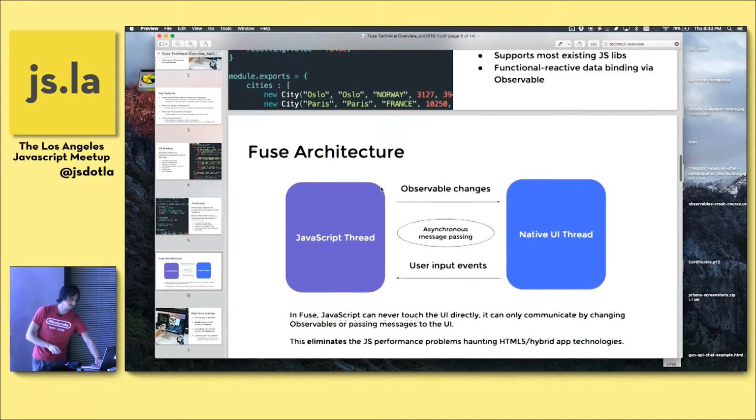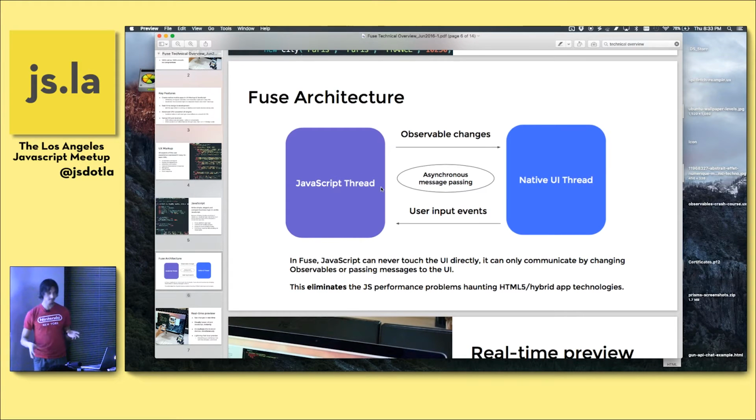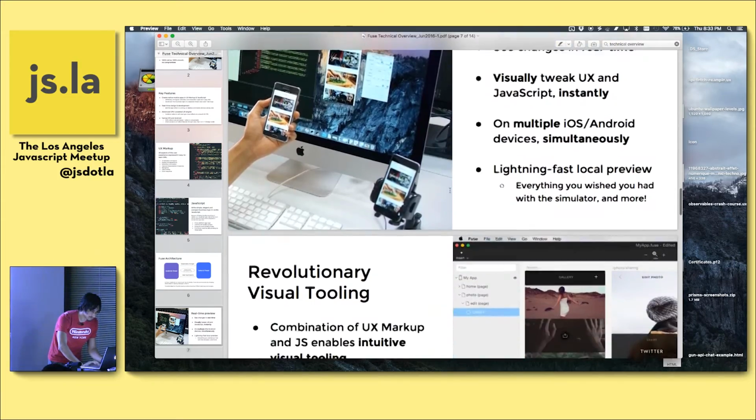Something nice about the way this whole thing is built is that the JavaScript and the UX markup are completely separate. What I mean by that is there are no interactions of threads in JavaScript. Like if you go to a web page, it can stutter, it can load, it can slow down, and everything is going to lag on the UI end. The way this is designed, it doesn't do that. It's completely separate. And they communicate with each other through observables, which, if we have enough time, and I'll make sure we do, we'll do a fun little quick exercise to demonstrate the power of that concept of observables. So that was preview tooling.